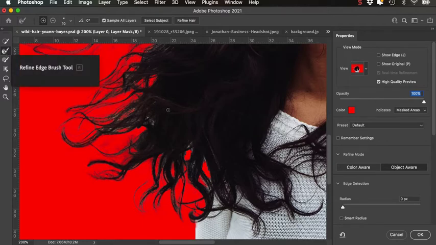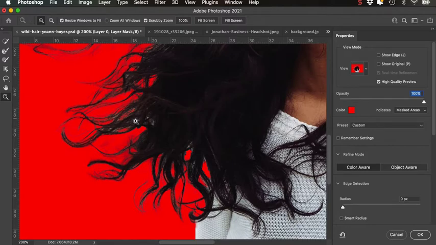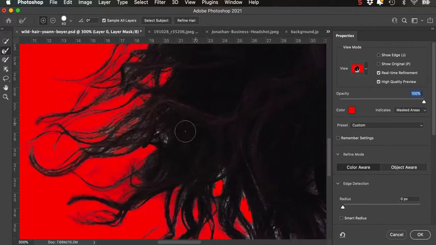So if I make that brush a little bigger, I can go through and do this sort of thing. Now with this, I'm going to undo that, because there's two things now with the new version. There's color aware and object aware, and they're quite different. So if I come in here and I'm using color aware,